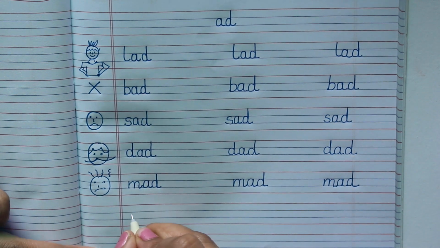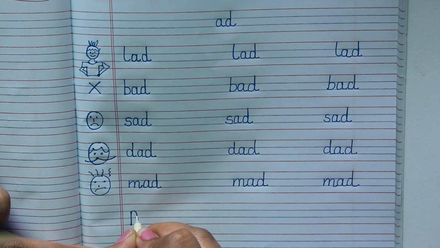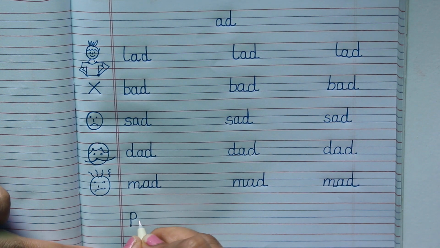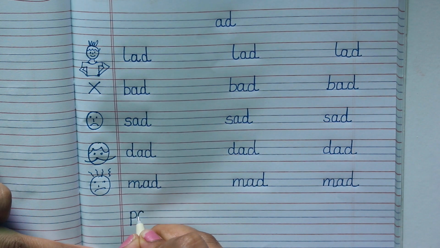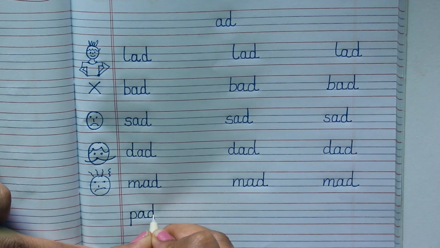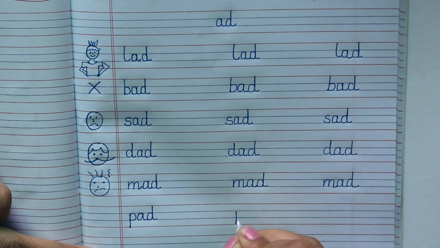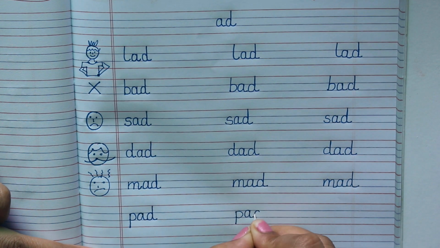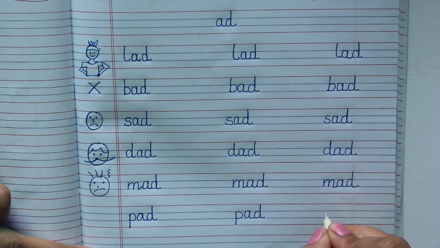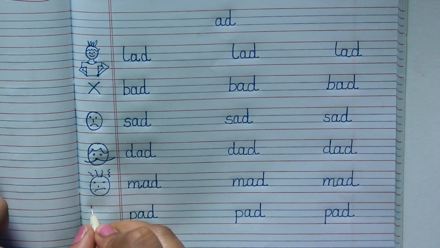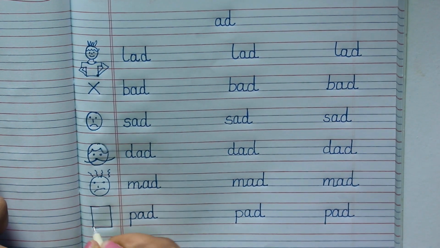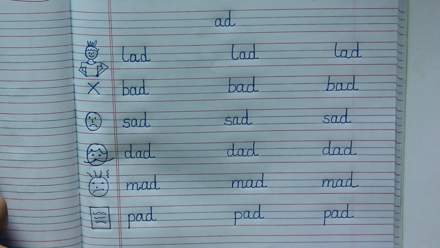Next is P. P doesn't have a tail, so we are joining P with add sound. P, add, pad. Repeat after me. P, add, pad. P, add, pad. पैड मीन्स नोट पैड होता है ना, जिस पर हम लिखते हैं, लाइक दिस नोट पैड. दिस इज अ नोट पैड. ओके,